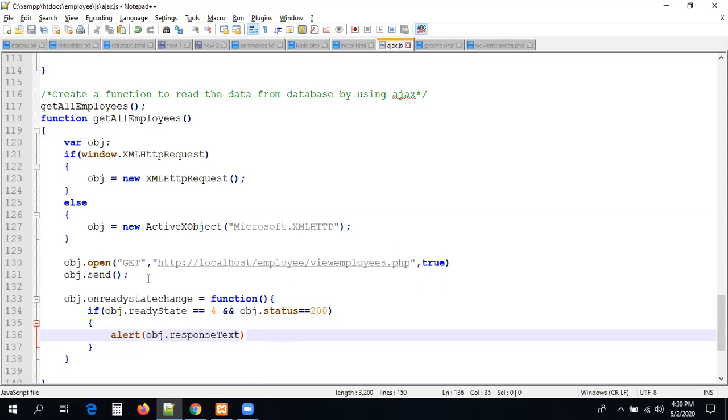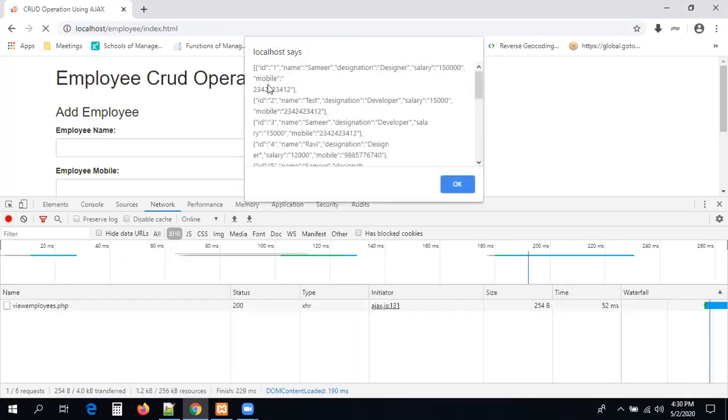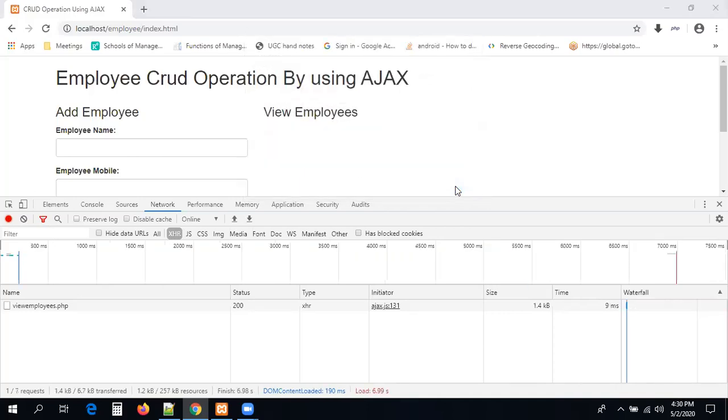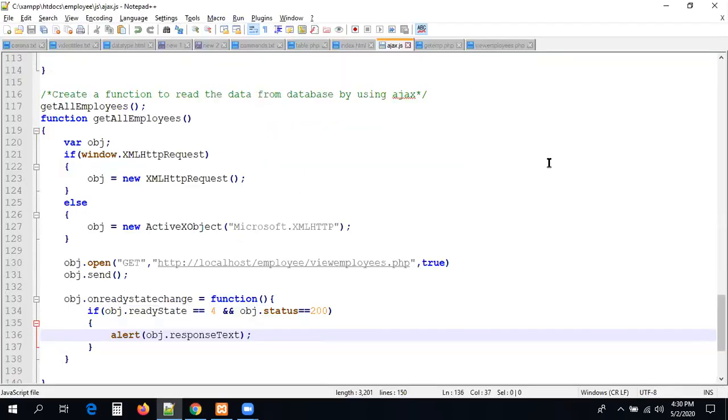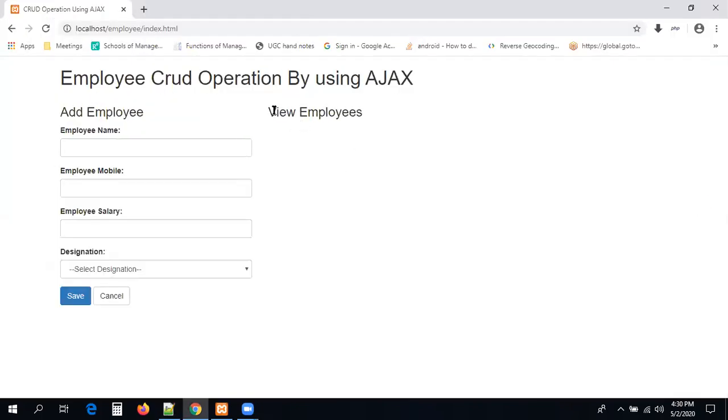Let me go with the property responseText and check it. If the call is okay, I mean if everything is okay, we will get the data in the alert. Can you see? I'm getting each and every record in the form of JSON, guys. Here the data was available. Now I want to get the data and display it in my table. So this is the table we have. The data should be populated into the table. We are able to see the data in the service.